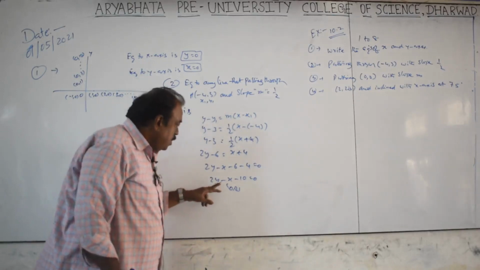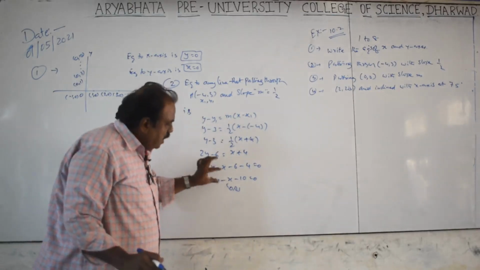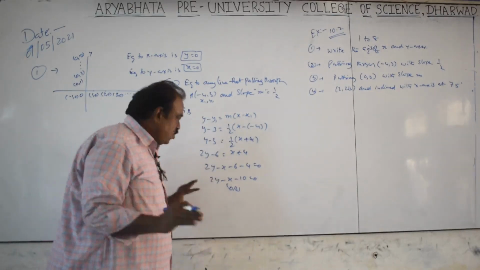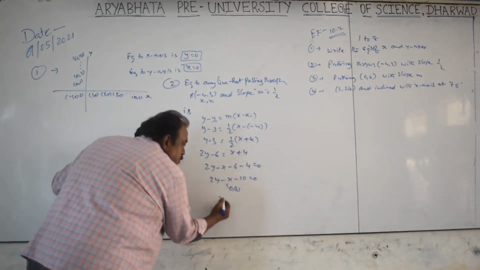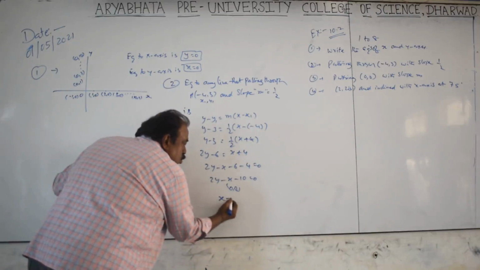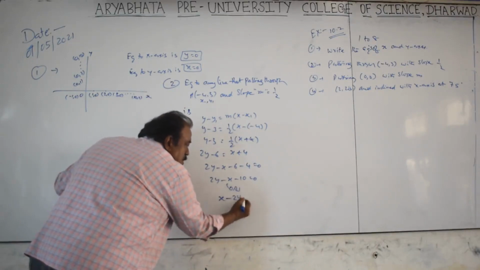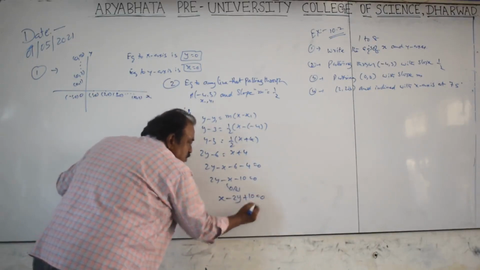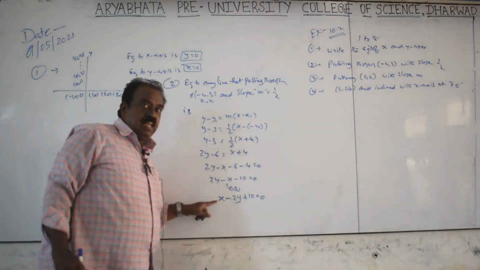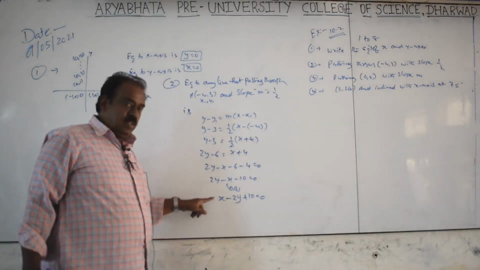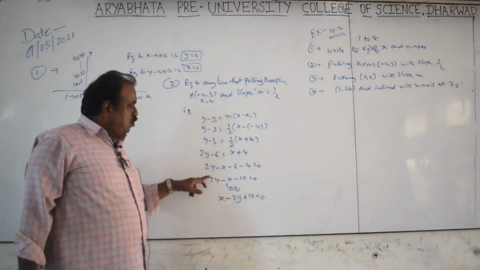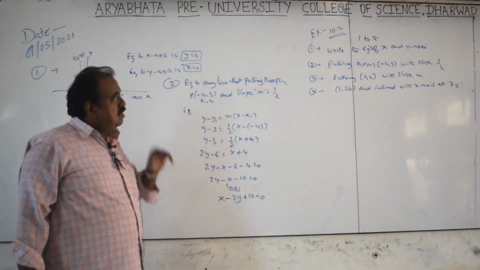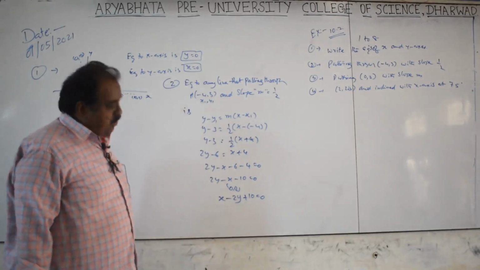But it is not in order. If you stop there also, it is correct. If you want to write clearly, minus x will become plus x, plus 2y becomes minus 2y, minus 10 becomes plus 10. I am writing in some order. If you write this, the impression is good. Or otherwise, you can stop there. Okay? It is left to you.